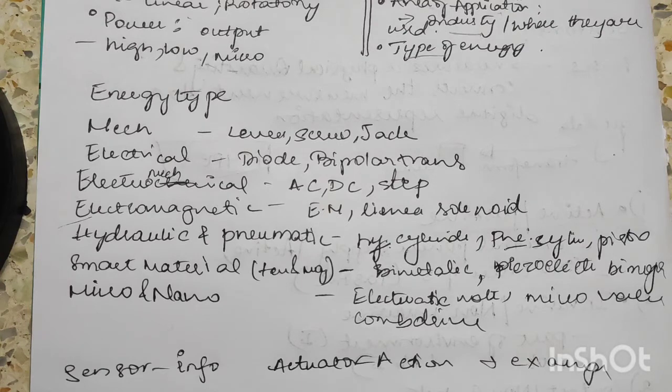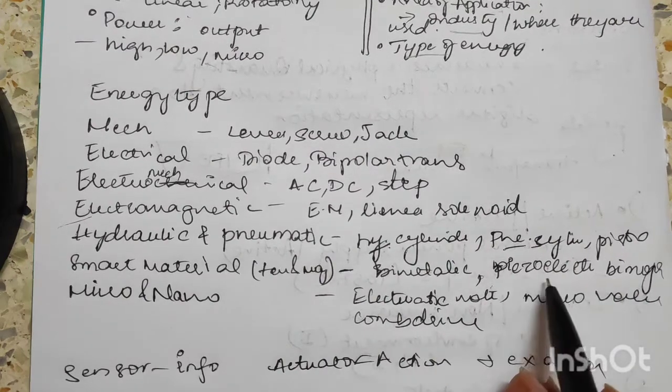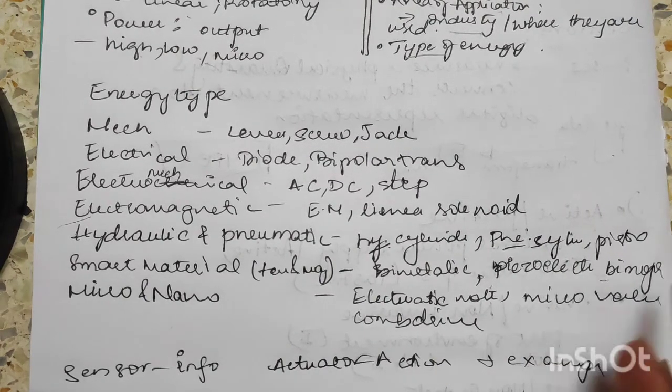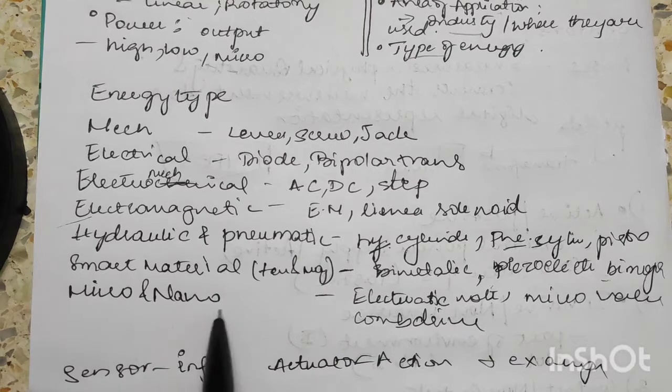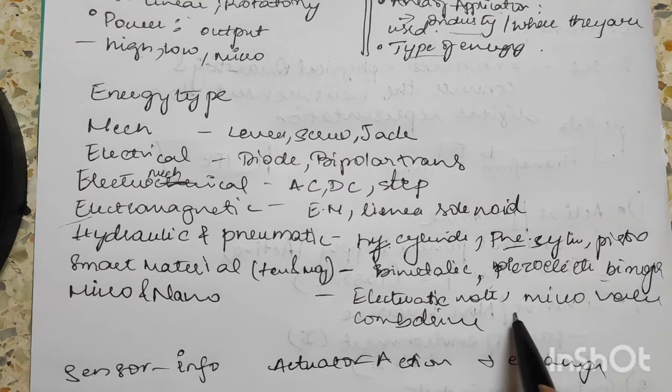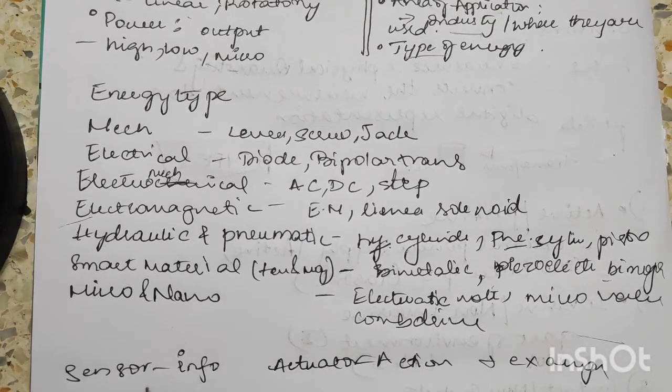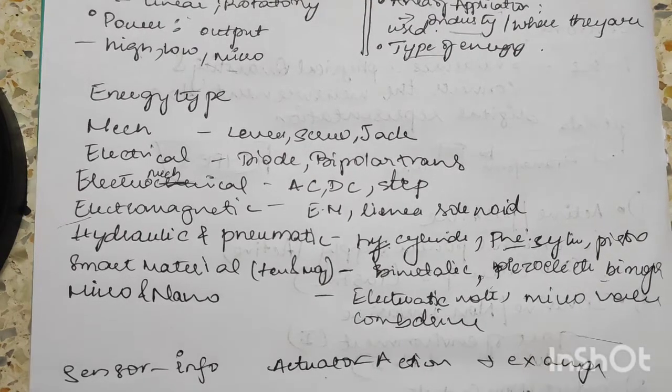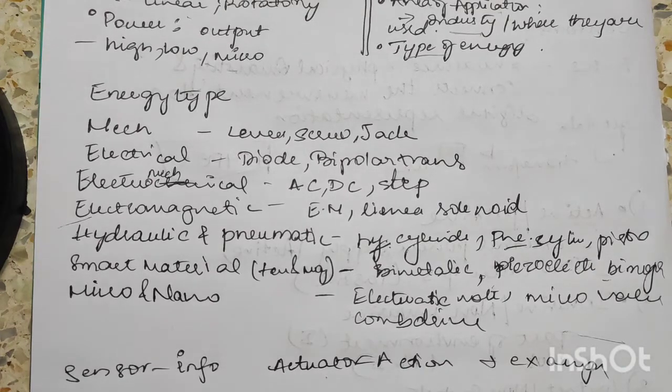Then you have smart material. These are related to temperature and magnetic force. This is your bimetallic, your piezoelectric. And then you have your micro and nano, that is your electrostatic motors, your micro valve, and your comb drives. So sensors sense and give the information. Actuators take action. And then, an example of how sensors and actuators work: on reaching a high temperature, an alarm gets triggered and alerts with the information, a smoke detector, for